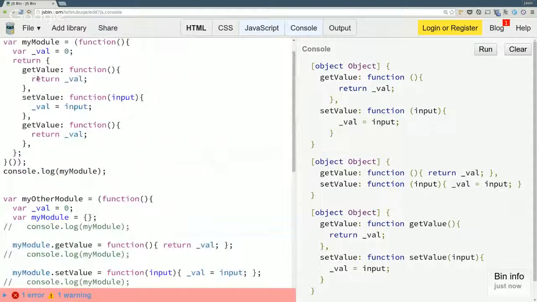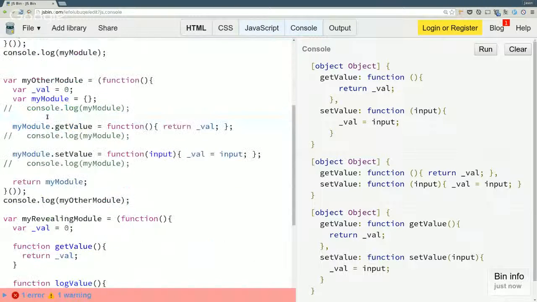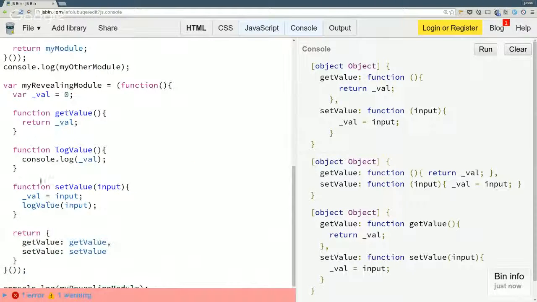It's different than this one for sure. Basically, you're writing functions that are all internal to that closure, and you're just exposing what you want.